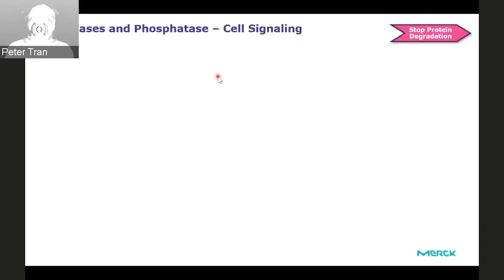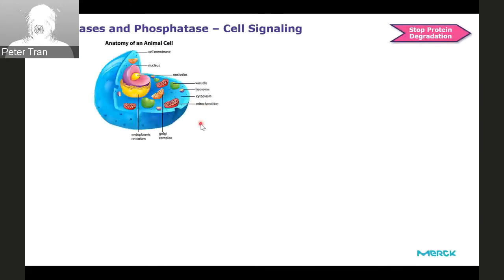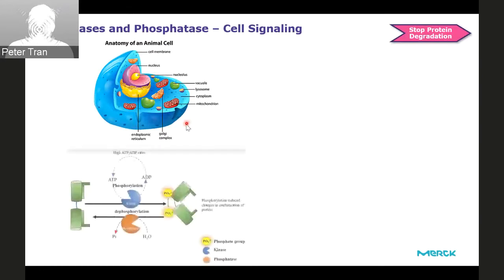Protease and phosphatase play a key role in cell signaling. They strictly control the cell signaling, especially the phosphatase, which can cut off the phosphate group from the protein and make it dephosphorylated. Or the other way, the kinase can introduce the phosphate group into the protein. So this is how enzymes transfer the signaling between proteins or between organelles within the cell